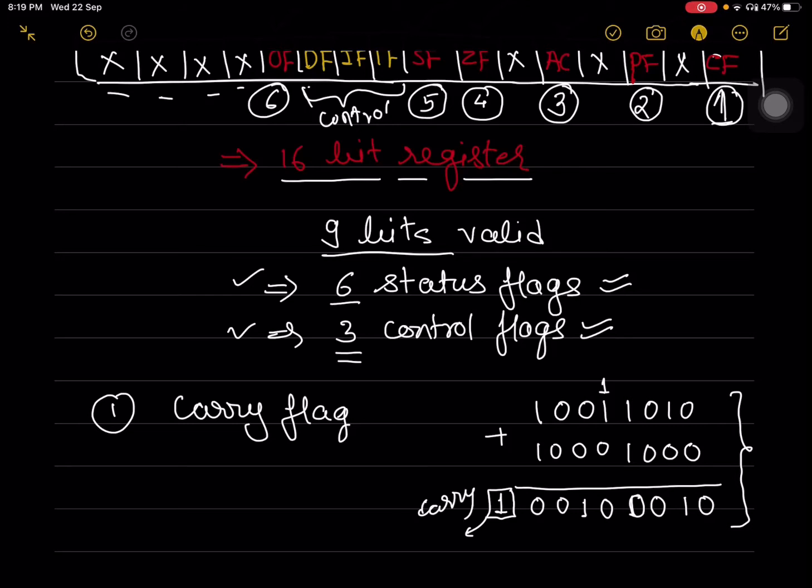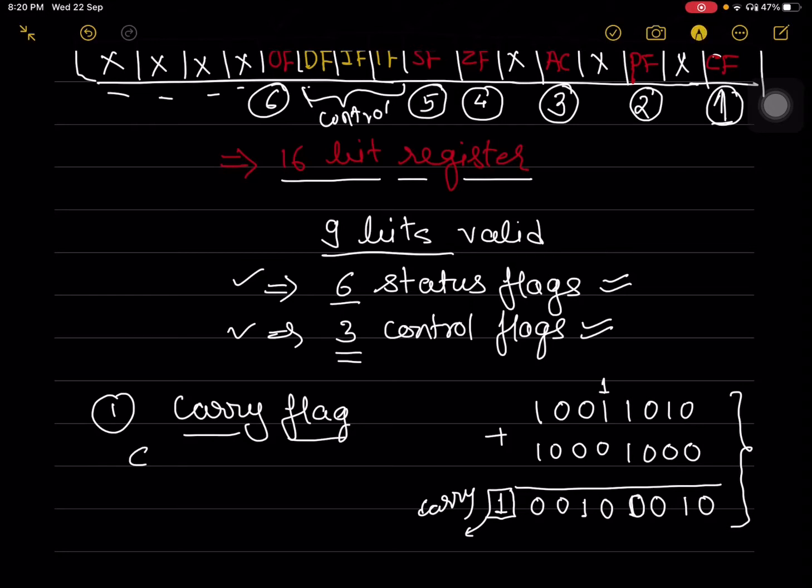After performing the addition, whatever ninth bit is generated by the microprocessor, it could be 1 or 0, we call it a carry, and this carry is copied into a flag known as the carry flag.